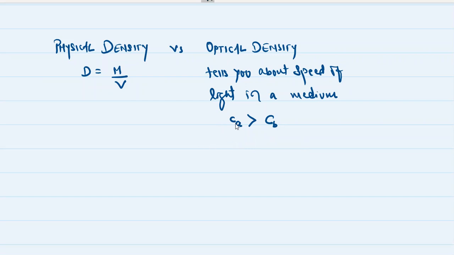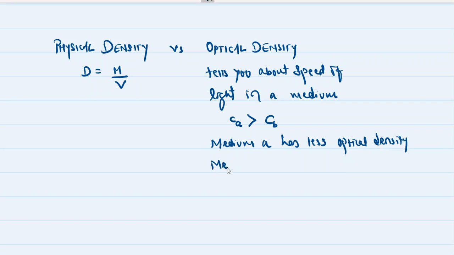Then whichever medium has the greater speed of light, that medium is optically rarer. Its optical density is less. So medium A has less optical density,